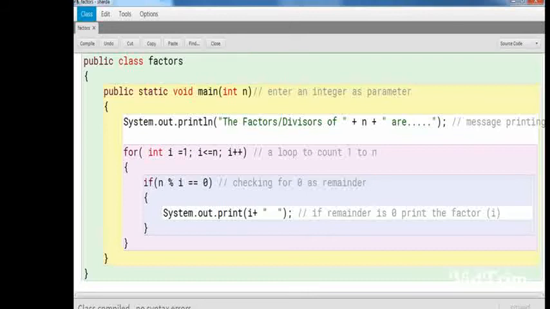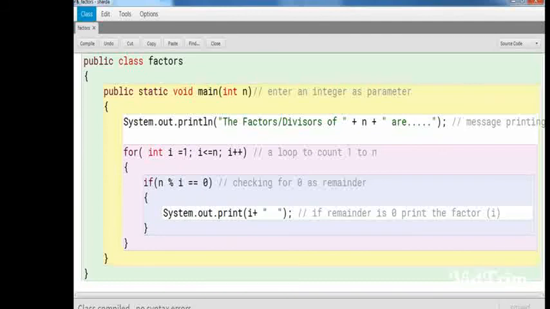And you are printing system.out.print. I am printing here horizontally, side by side. So it will print the factor and space, and this way it will keep on printing on the same line. Then you close the if block, then the for loop will close, and then main method, and finally the class. After compilation, see the status bar, it is showing you no syntax error. Now after this we are going to see the output.